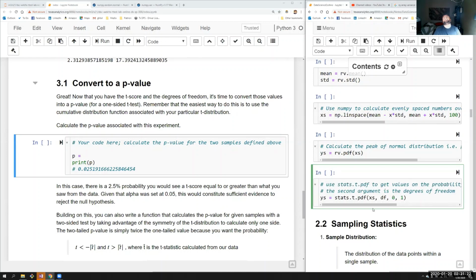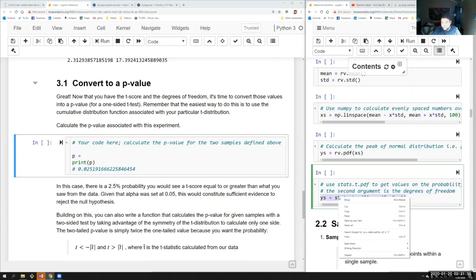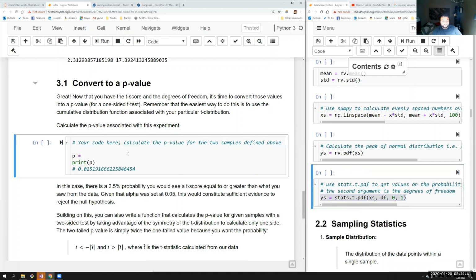That would give us the associated statistic for that t, whereas we're looking for the probability, which will come from a CDF. I'm just going to go out on a limb and assume that there is a stats dot, I'm just going to do stats dot